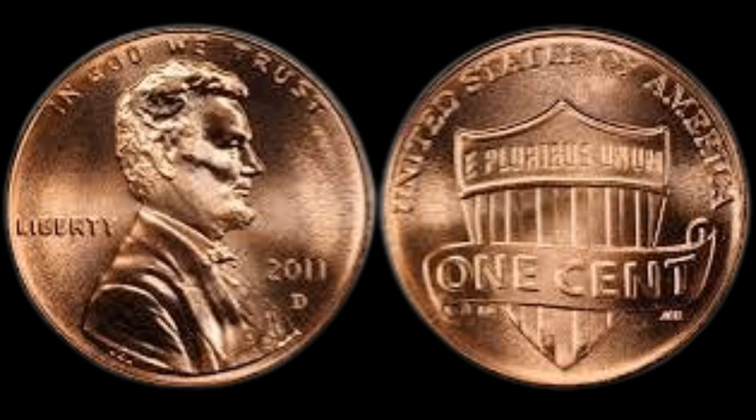mainstream production, and it's believed that during a routine press reset or equipment cleaning session, one or more of these experimental planchets were accidentally mixed into the active press feed and struck with the standard Lincoln design obverse and reverse dies bearing the year 2011 and the D mint mark for Denver, and the resulting coin, while passing through visual inspection unnoticed, was destined to become the most iconic mint error in a generation, because once it finally surfaced, it